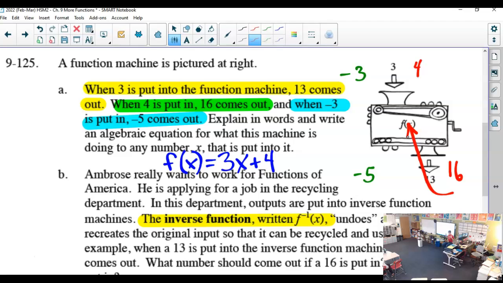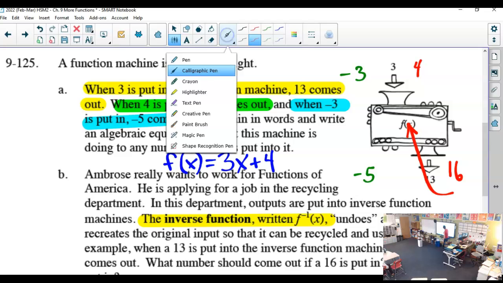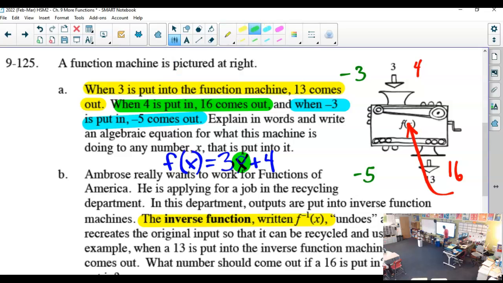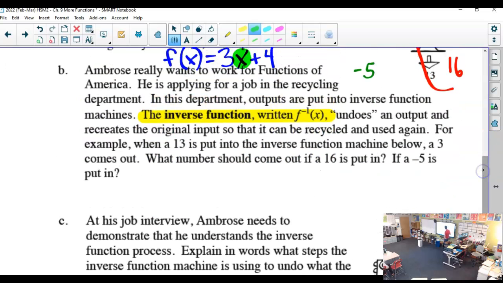Okay, so I'm not saying yes or no, but what I was going to suggest here and ask is, how do we isolate the input? Because for the inverse function, instead of saying output is blah blah blah, we want to say the input is; we want the input isolated on its own. It's f of x. So if we are going to isolate this input x, what would we undo first? Minus 4 on both sides. The 4, right? So we got a minus 4 on both sides. So we're going to write this: f of negative 1 of x. So this is how we write inverse functions.